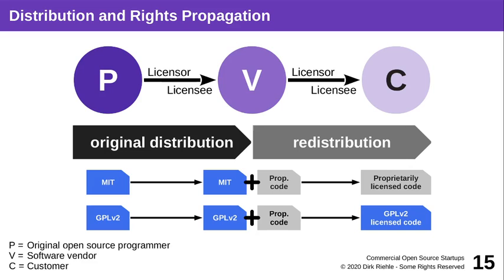You just have to provide in your legal notices things that fulfill the MIT license obligations. If, however, the license of the original programmer is a copyleft license, then the copyleft clause requires that you can only legally, validly pass on your own modifications or a derived work if it is under the same license like that code that you received. So that's why they call it a viral license. The original license keeps propagating.